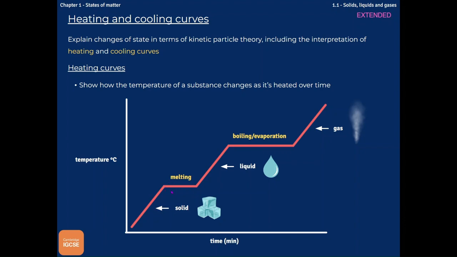When we get to the melting part, temperature plateaus, we're still giving it heat energy, right? But instead of that heat energy turning into a greater temperature of our solid, which, right, is a measurement of the average kinetic energy of all of your particles,